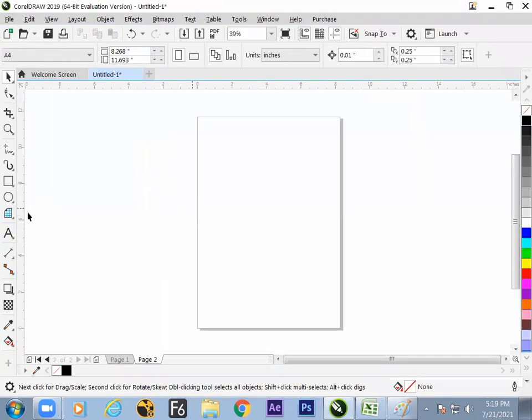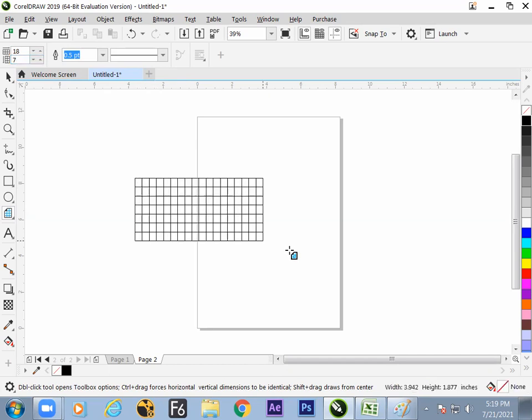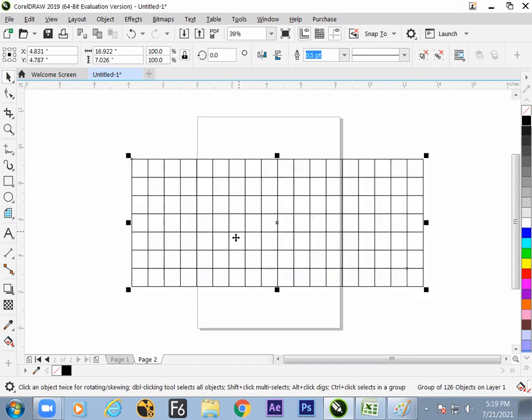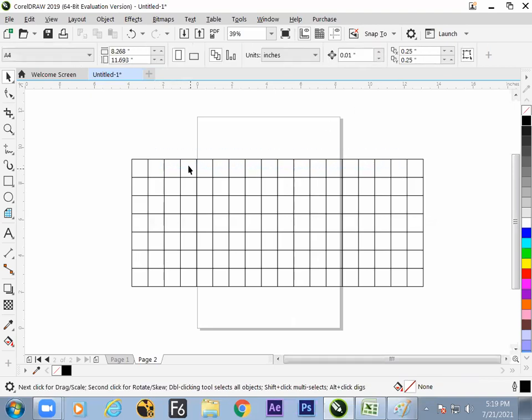So let us make it. What is the requirement? 18 columns and 7 rows. Just to show you how this complex design can be done much more easily. So get it ungrouped. This is now ungrouped, and the top range is to be deleted.